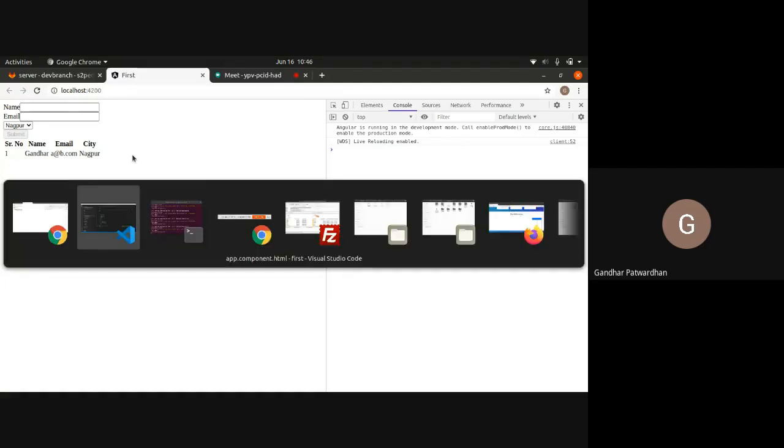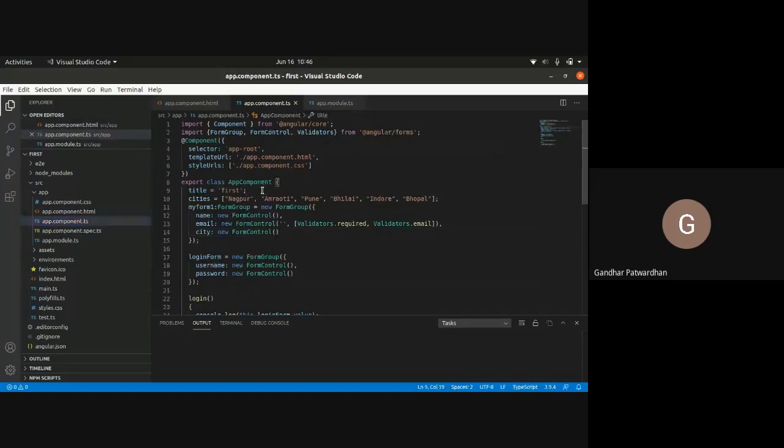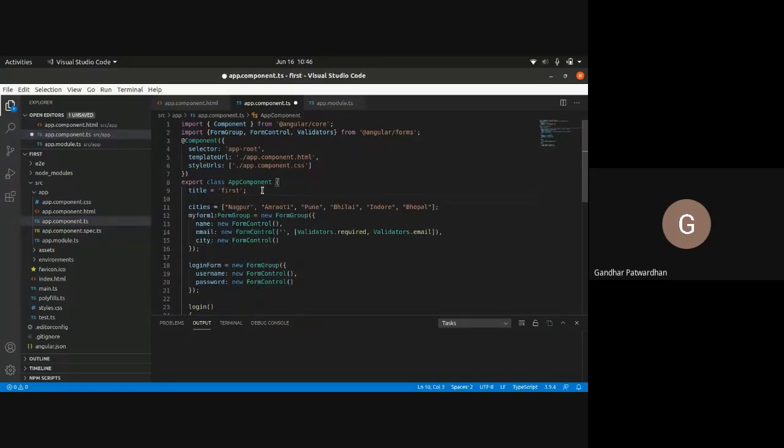So in my TS file, I will create an array. I can call it my data. I'll say my data colon any equals to a blank array. Right now, we do not have any data here.